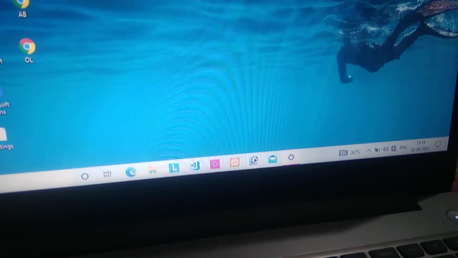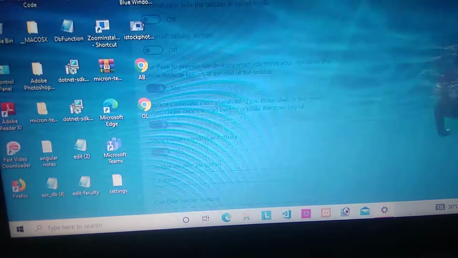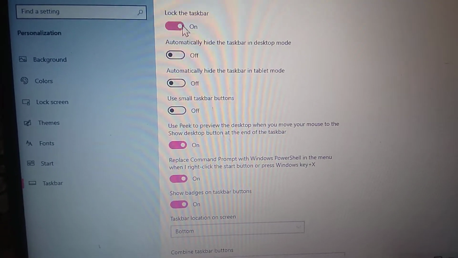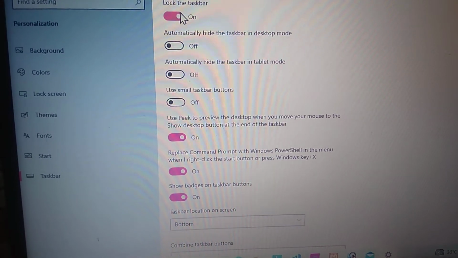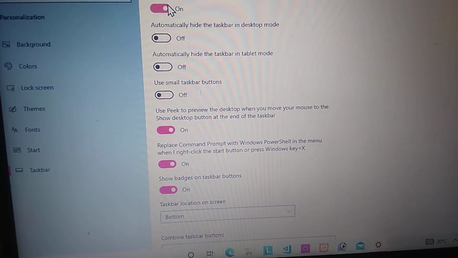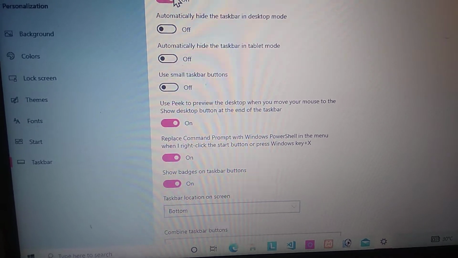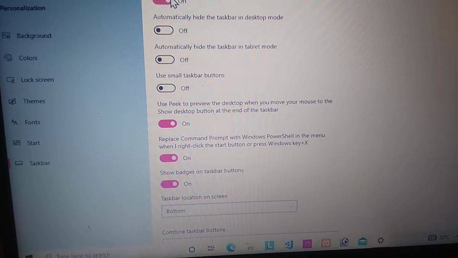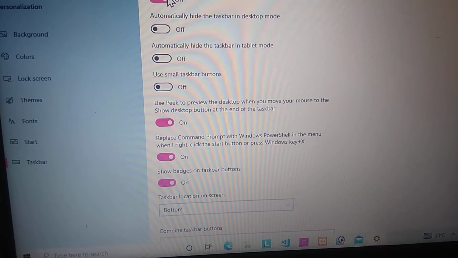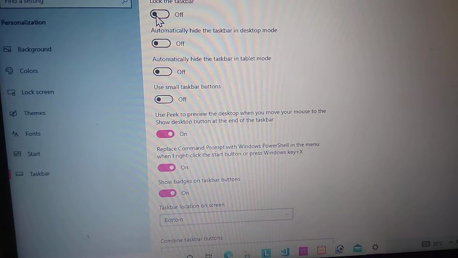Here it will show you the desktop when you hover the mouse there. Now after that, see, in the taskbar properties, the first option is lock the taskbar. If this is on, you can't resize the taskbar, means we can't change the size of the taskbar, and we can't move the taskbar, means we can't place it from one location to another location. And if you want to change the size, and if you want to locate it at another place, then you can switch this off by dragging it to this side, the left side.